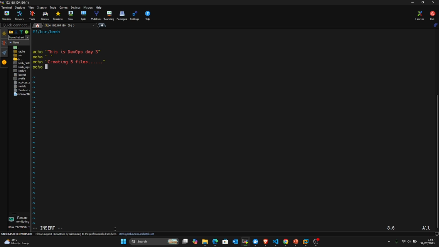So when you do echo and you just do this, you are just saying leave a space so that everything doesn't get muddled up. It's just good for readability. So this echo and empty quotes that I'm putting is just for you to leave a space. So what's the command to create the 5 files? Touch